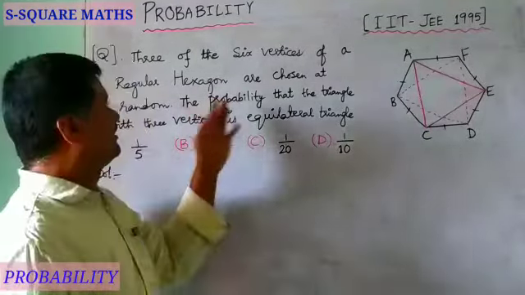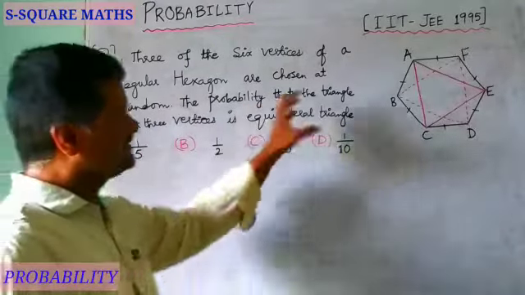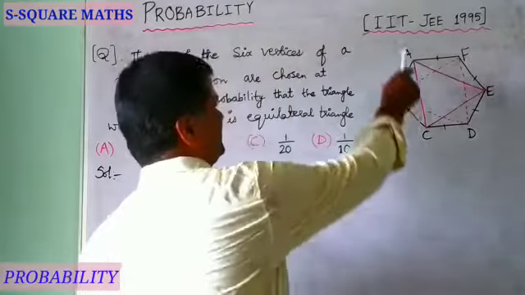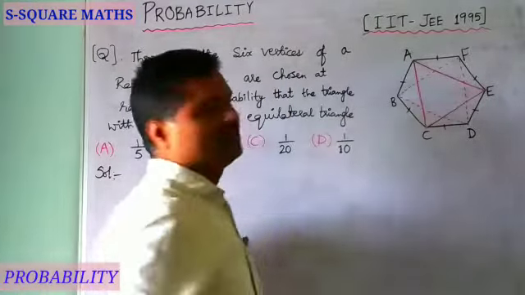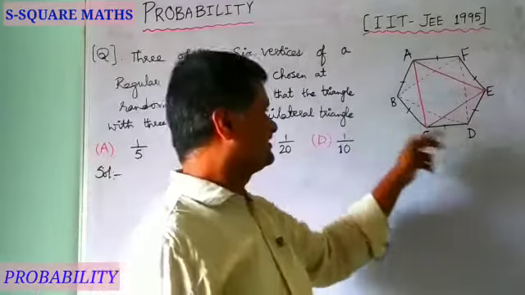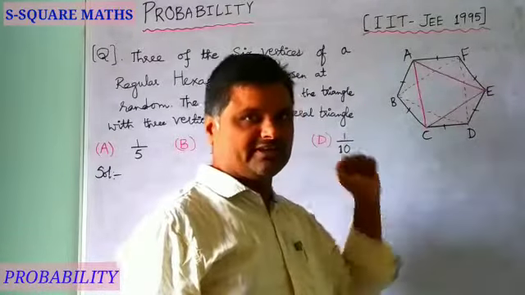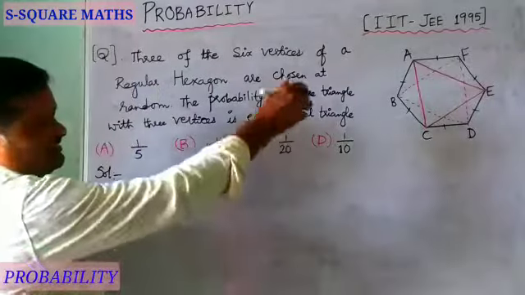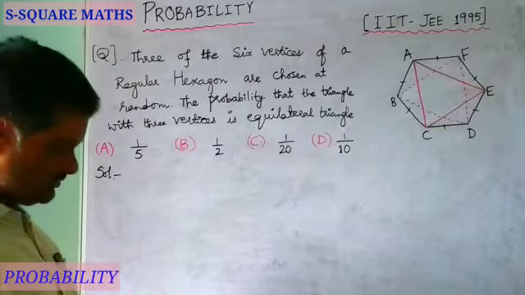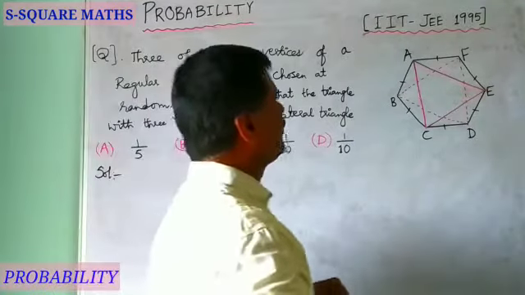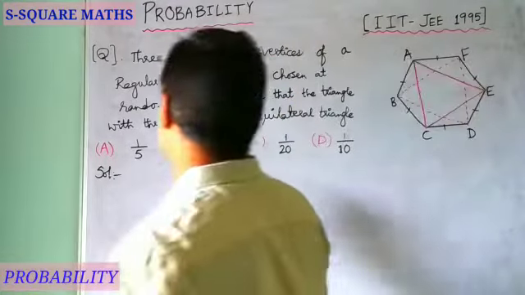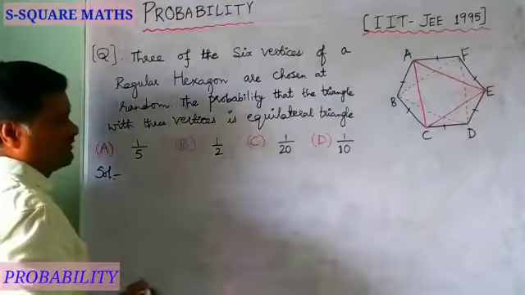Okay. So now we have to determine in this diagram. This is the diagram for the given problem. So A, B, C, D, E, F is the hexagon. Strictly it is a regular hexagon, that's why all the sides are equal. So it has 6 vertices. Now the number of triangles formed with the 6 vertices of the hexagon we have to determine.